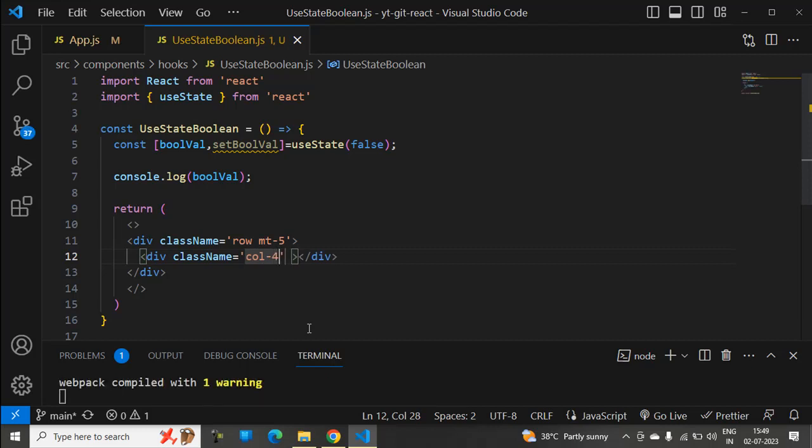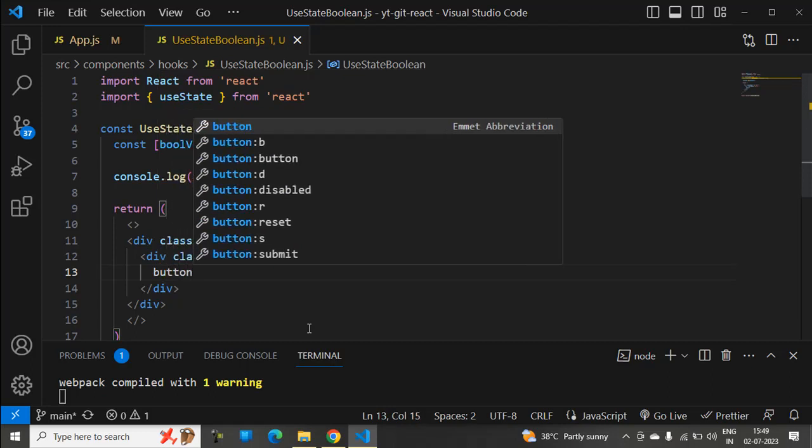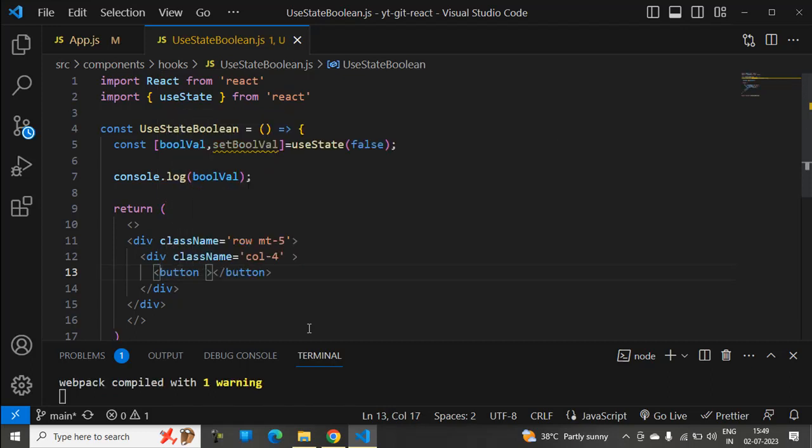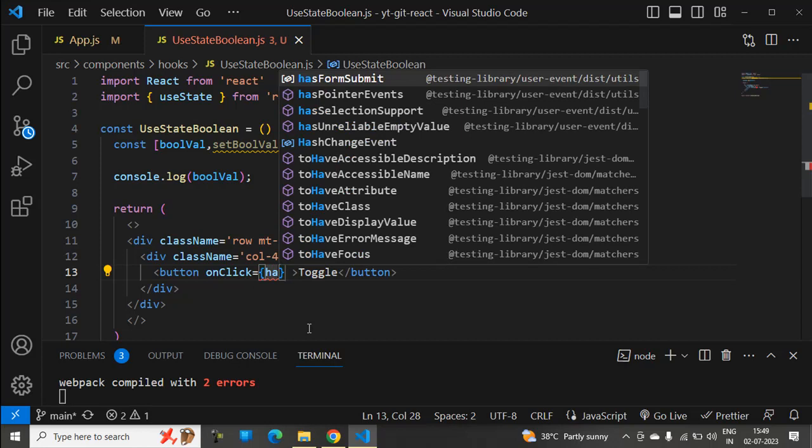If you want to give any other things later, if required, we can give them. And let's use an input or button type thing. Here we'll apply a button. Here the button type is button, and if you want, use toggle as the button name, and we'll have an onClick event method, and we'll handle it outside of this